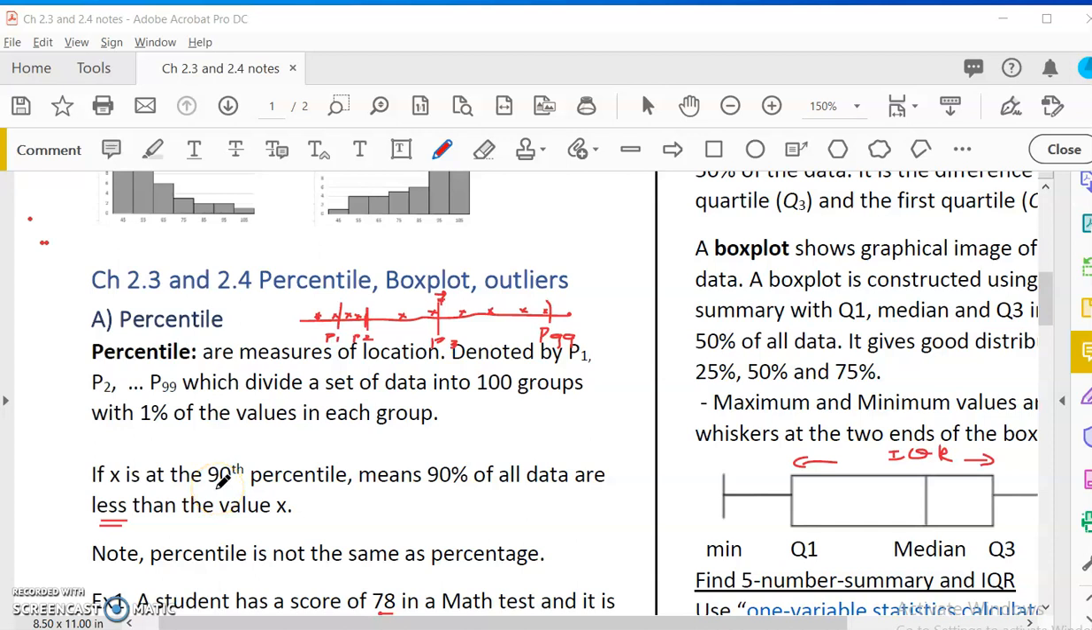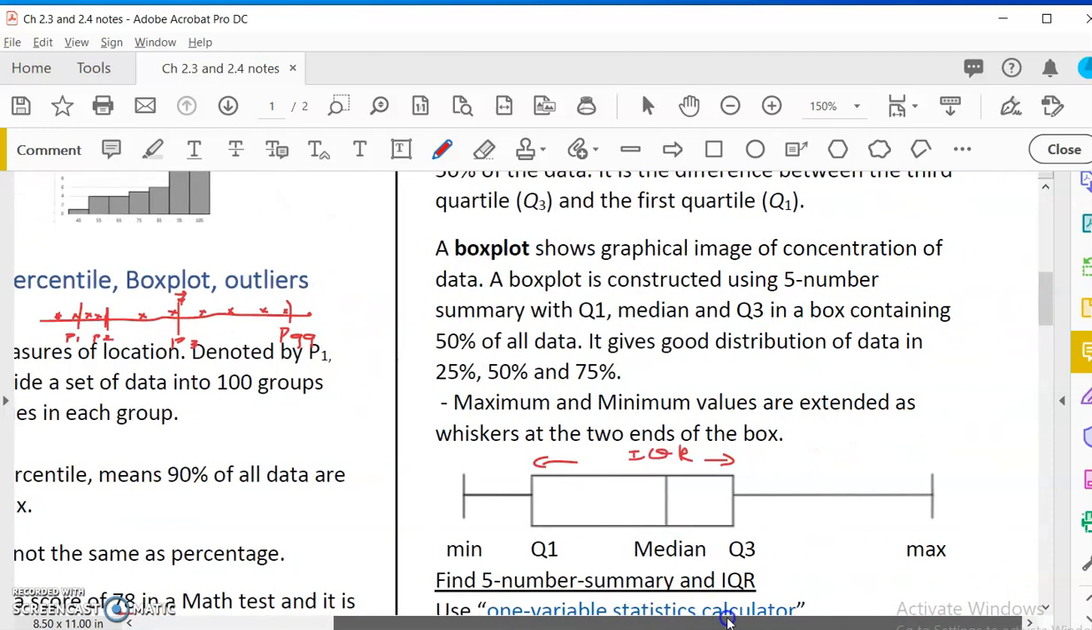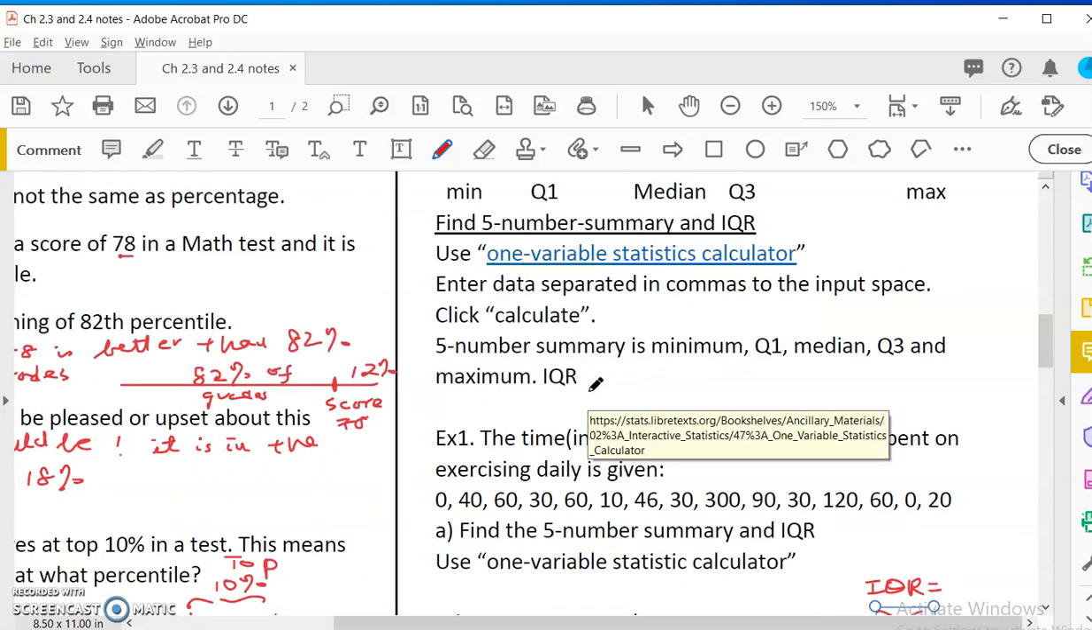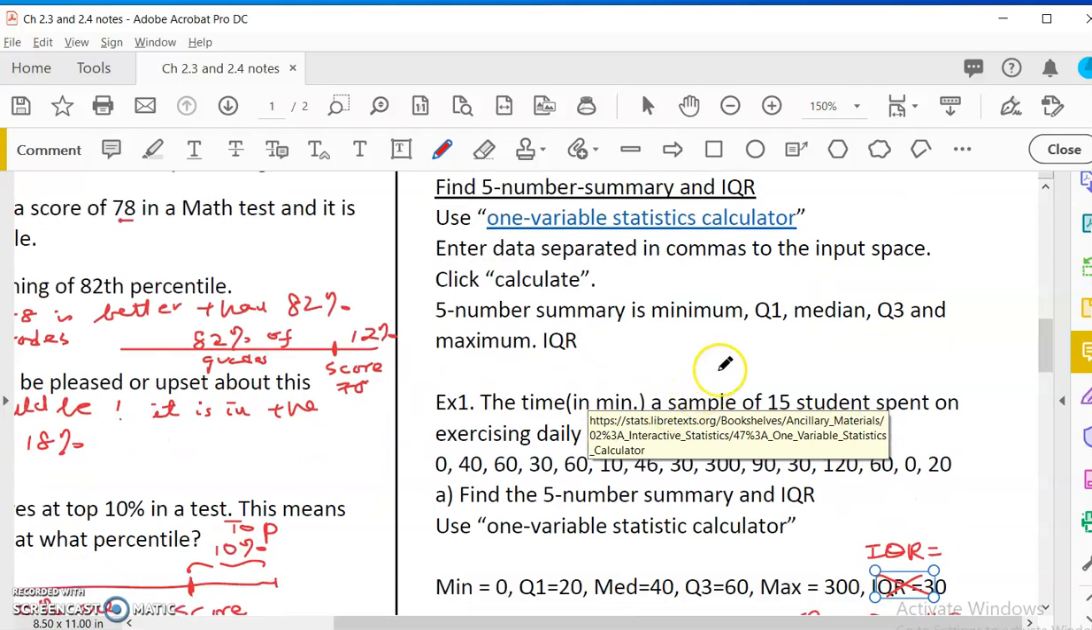Hi, statistics student. This video is chapter 2.3, 2.4. We are continuing this discussion on how to find outliers using quartiles. Last time we talked about the 5-number summary. The 5-number summary divided data into 4 parts: the lowest 25%, and then the median, and then the highest 75%